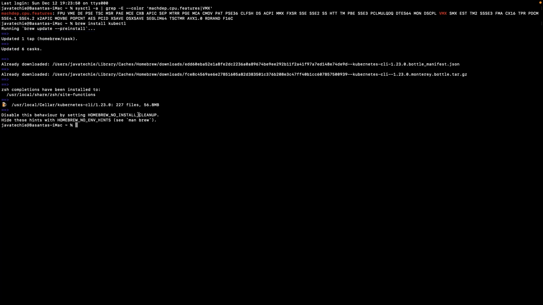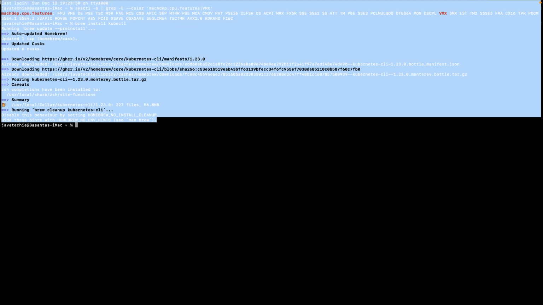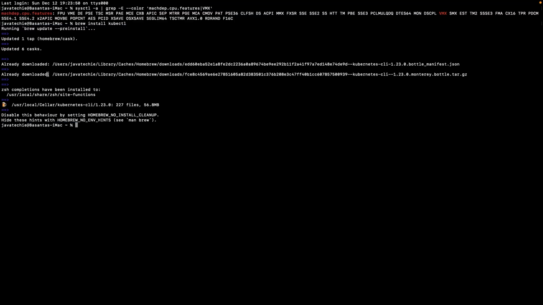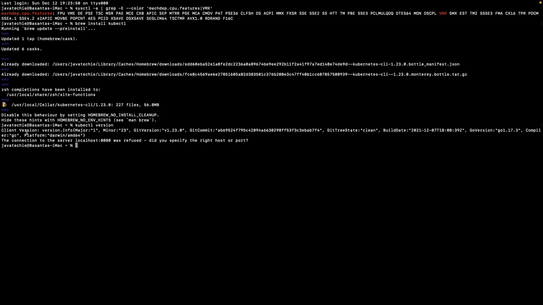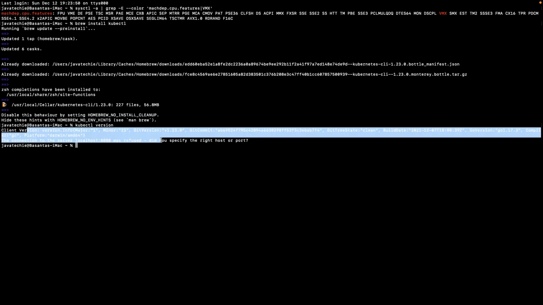It will take a few seconds. Yeah, you can see here, it already installed kubectl on my machine. You can verify the version of your kubectl. You just need to type kubectl version. Okay, just enter it. You can see this is the kubectl client version we are using.